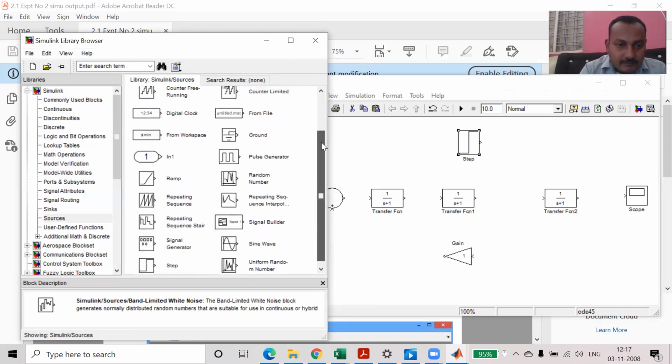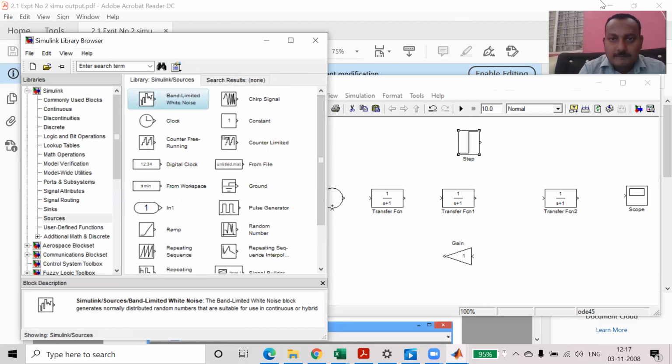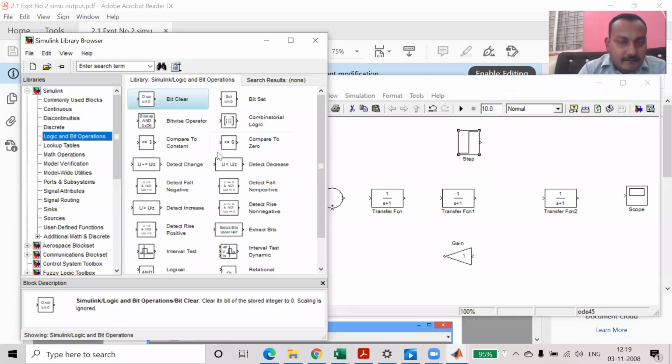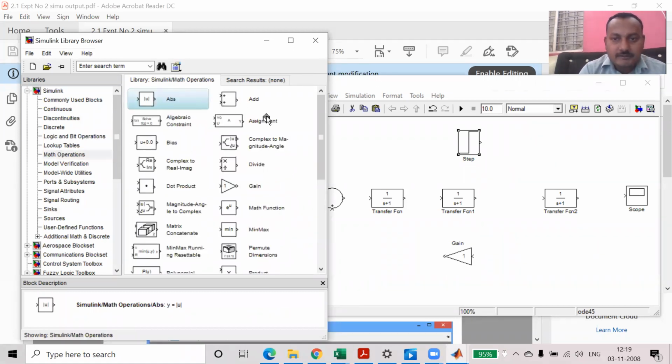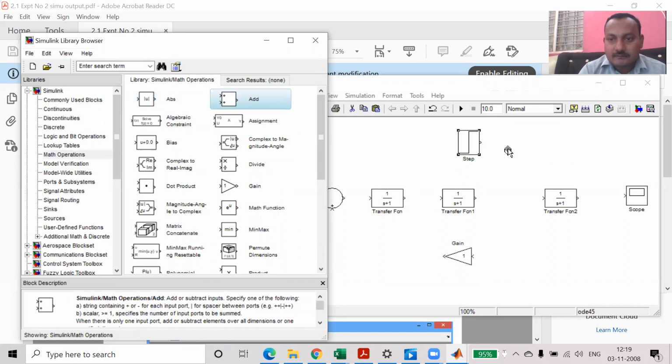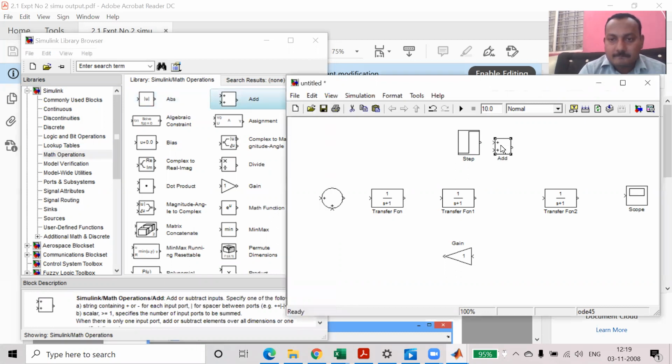Just a second, I am finding the comparator. Yes, the add block we are getting in math operations. So I select math operations, then drag. Here we are getting this. Okay.